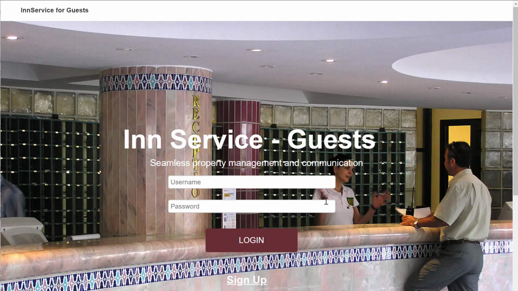InnService is a web app for communication in a hotel that uses guests and staff members' cell phones as the hotel phone system. Some of the benefits of this solution are that it allows for communication with guests not only by voice but also by text, and that staff members can receive and respond to messages while on the move